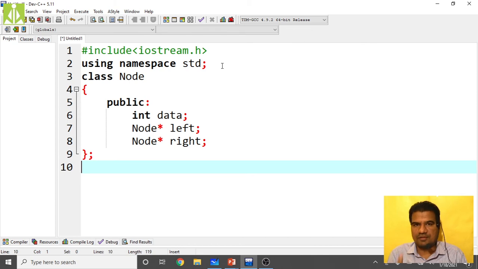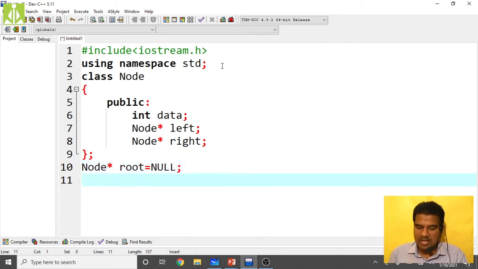Initially we have to take two variables. The first variable, like your head, node star root. Here we are not going to have any head pointer, we are going to have root and make it null. Initially there will be no nodes, so we make the root node null. Then take another one, just to have the count of your nodes, because it is a non-linear data structure. Otherwise, there is no need of this count. As it is a non-linear data structure, we need to have the count of the number of nodes. So count, initially make it 0 because we don't have any nodes.